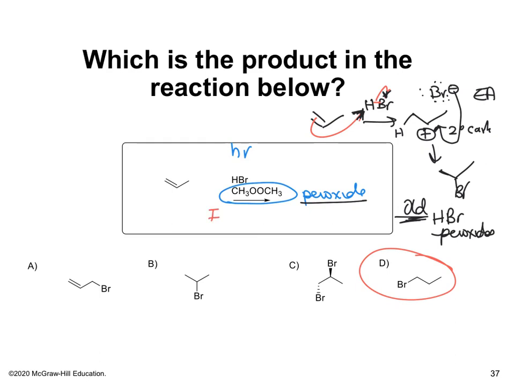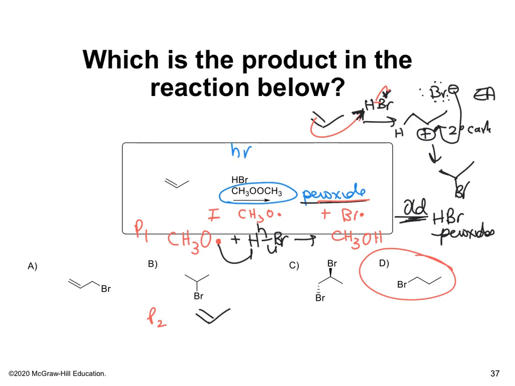So how does that happen? Well, the initiation, this will just generate a peroxide, okay? And then in propagation step 1, this peroxide will react with HBr to take that hydrogen, because it's in the bottle. This is happening in the bottle. So this makes methanol and the bromine radical. That's propagation step 1. And then propagation step 2, you have this compound here plus the bromine radical, and you get